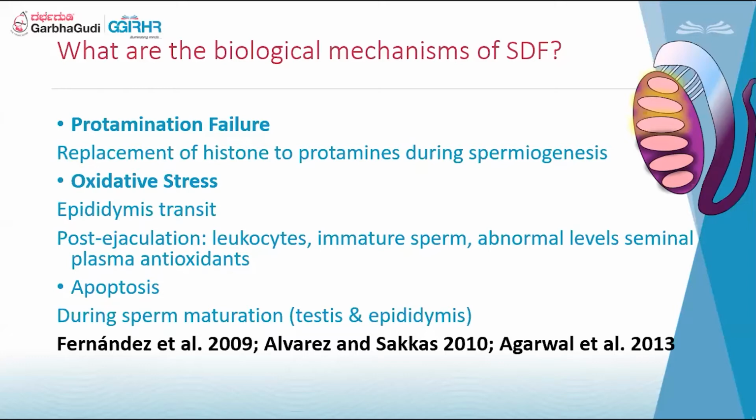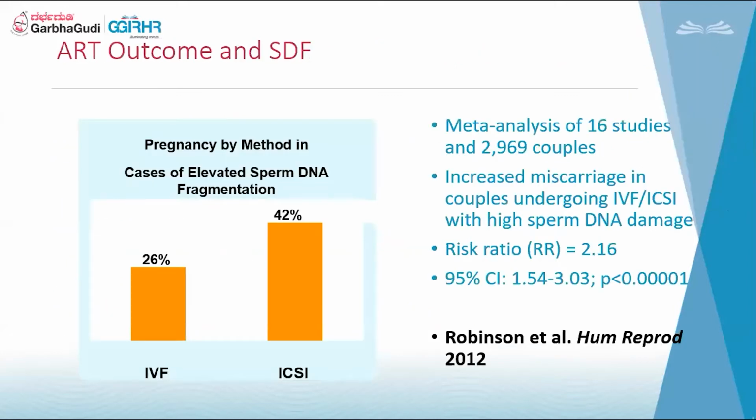What's his age? So many factors come into play when such things happen. Okay. And we always concentrate on giving pregnancy, right? That is our ultimate goal. So we have to check every parameter here. And then ART outcome. So in this meta-analysis, the increased miscarriage in couples undergoing IVF or ICSI with high sperm